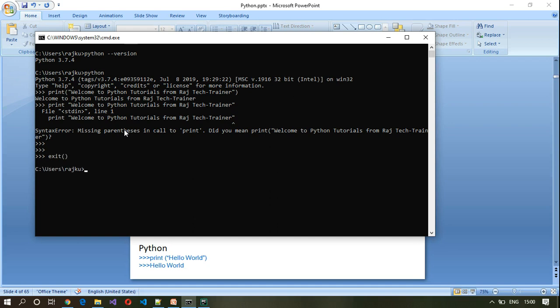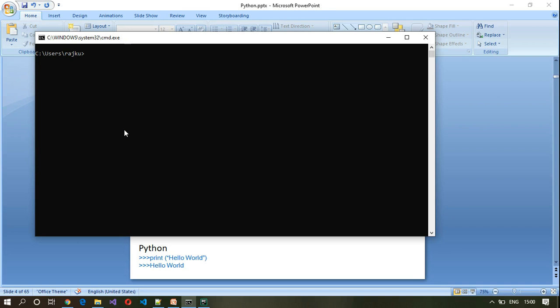So let us type in exit and then clear screen. So what I will do is I will also create a file here, edit hw.py.